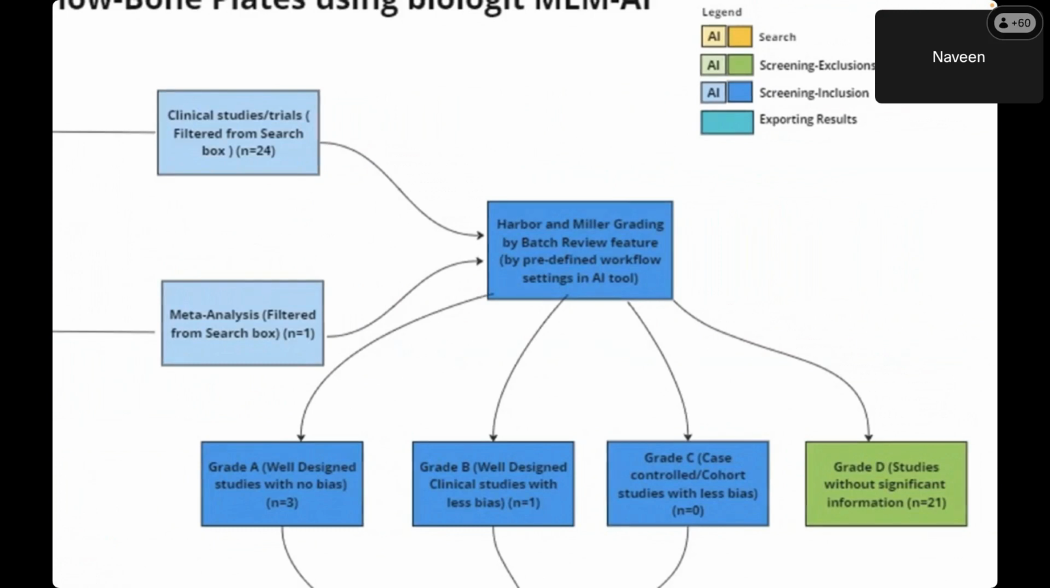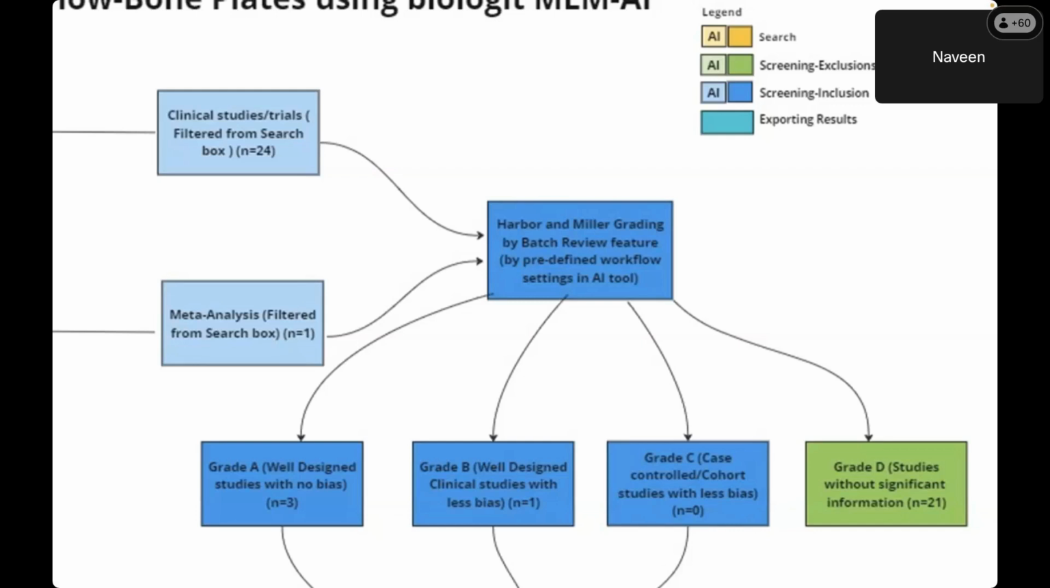So from that, we got around 24 studies, clinical studies, and then one meta-analysis. From there, a little bit of manual work is required. We need to grade the articles one by one. We have one feature called batch review, which is semi-automated. Batch review will display all the articles on the screen, and then from there we can grade the articles